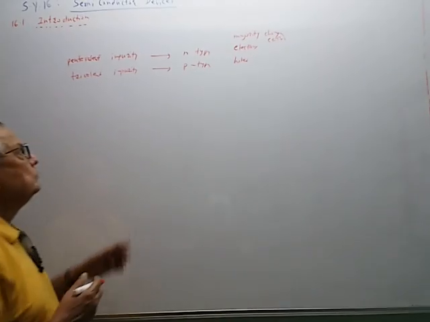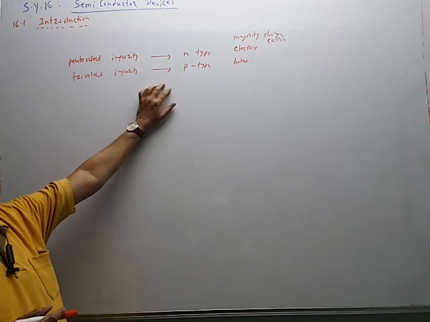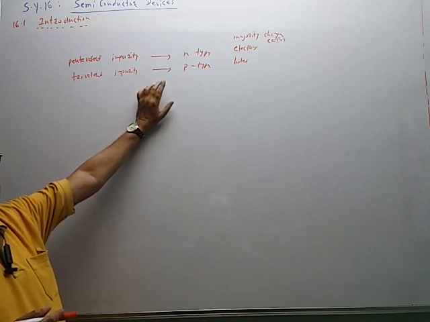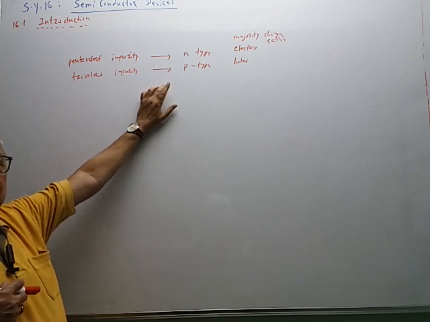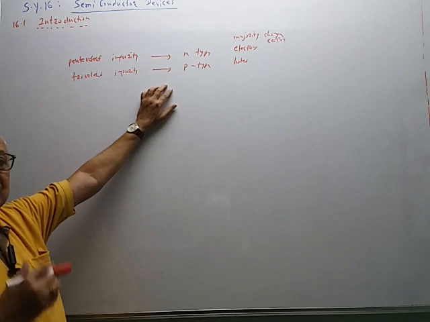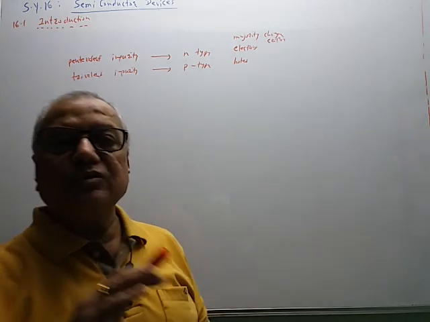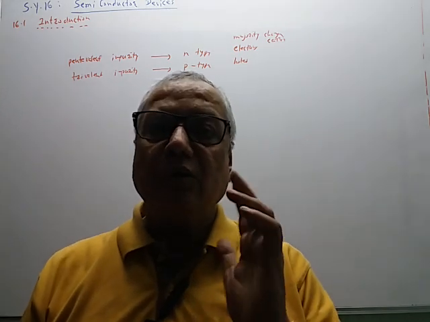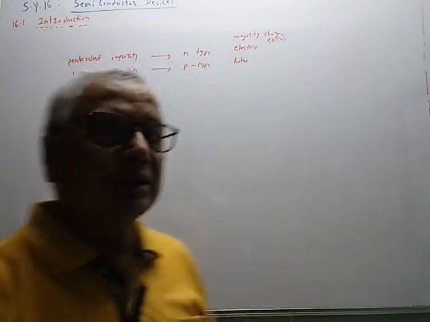So these P and N-type semiconductors, when they are used singly, provide current, but that current is very, very small as compared to the conductor. If the current in the conductor is 1 ampere for 1 volt, then this current will be in 10 raised to minus 7 ampere. Therefore, P and N-type materials are not used singly, but are used in combination. And that combination is called the PN junction.